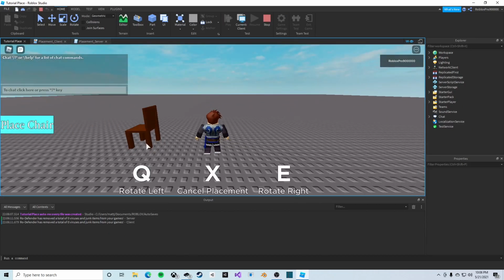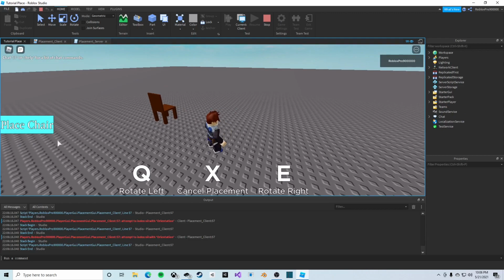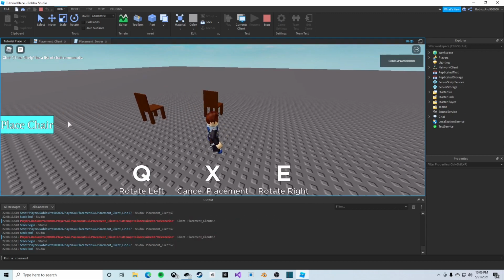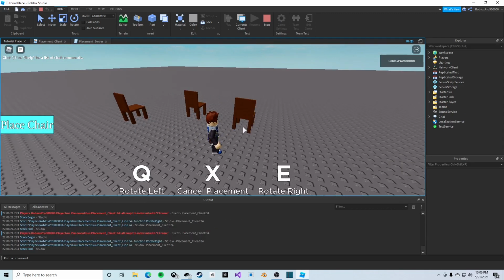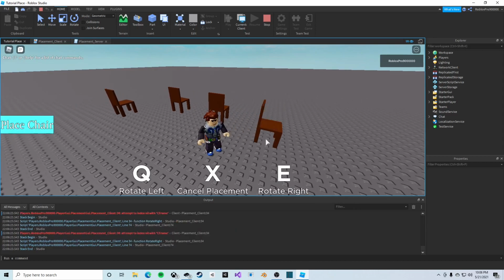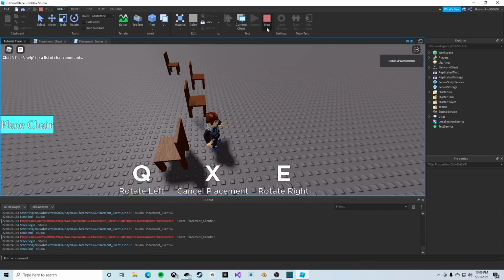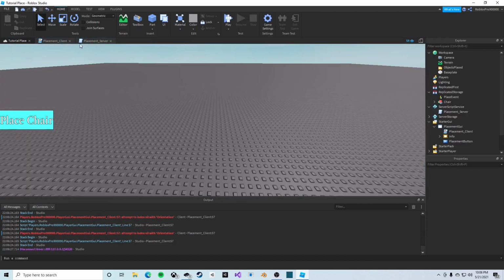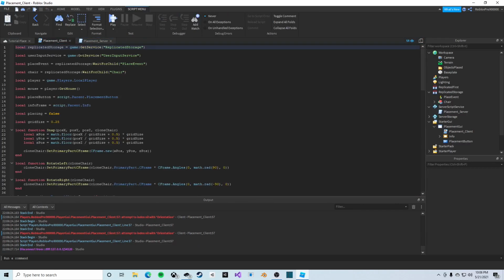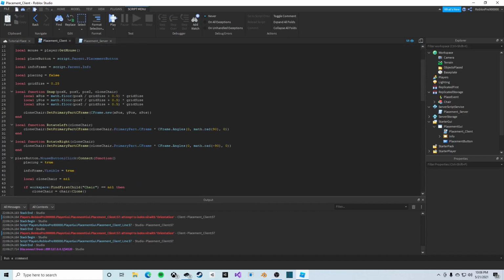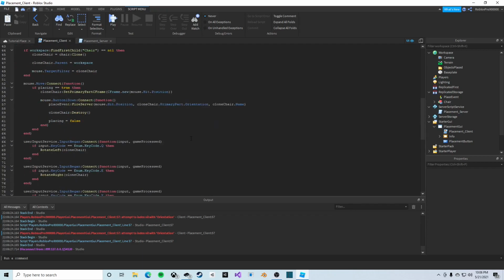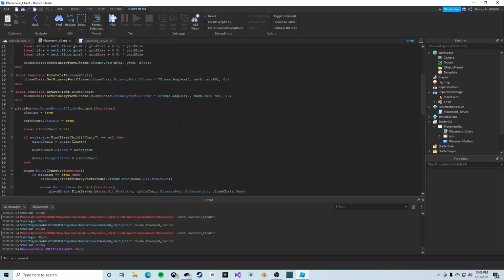So if we do that, we can place chairs at whatever rotation we please. The only thing would be that we need to make it to where the rotation is still okay. I know what the issue is. I know why we're not keeping our rotation, because I was about to be like, we gotta fix that, and